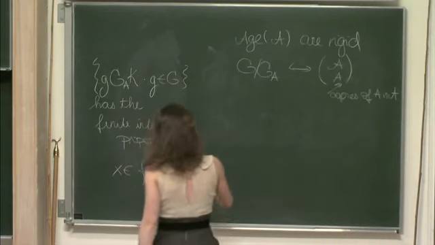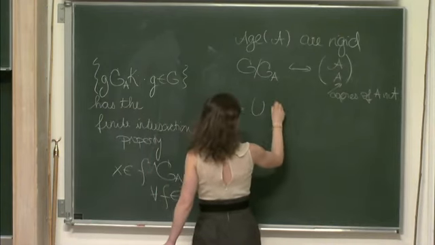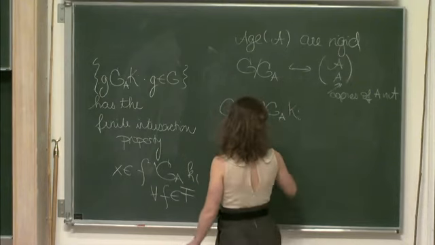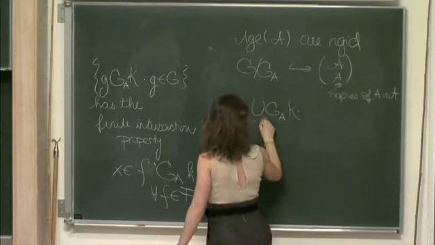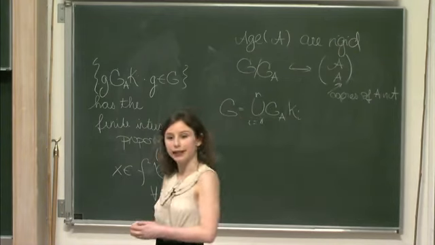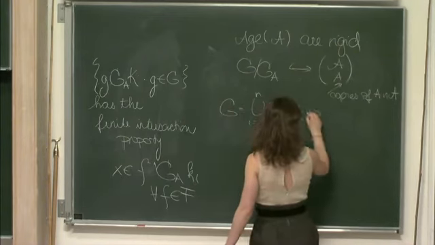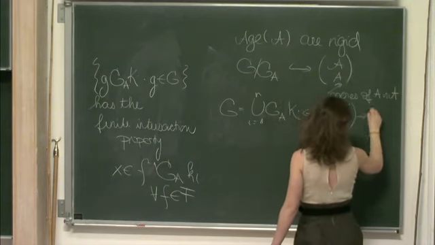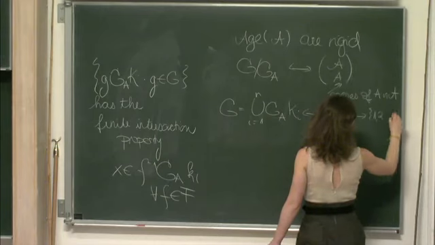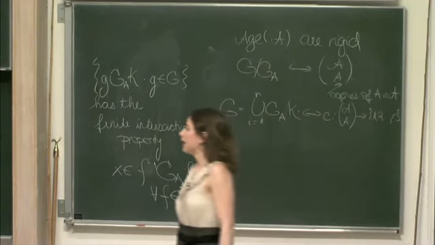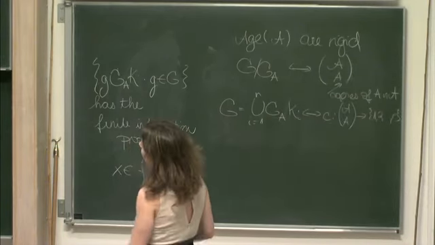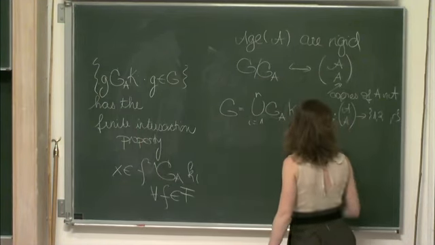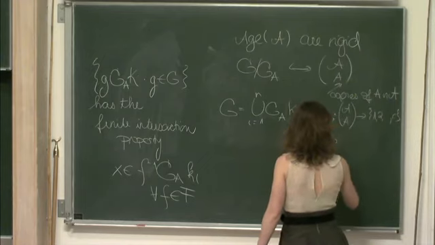Now, if we have the partition of G into finitely many unions of cosets, then this is the same thing, therefore, as a coloring from copies of A into r many colors. Right? Now, to show that from the Ramsey property we get the thickness, it is enough to consider the B prime, that is,